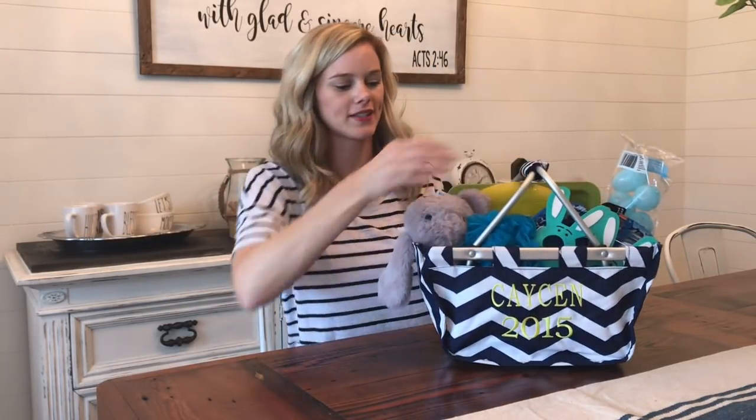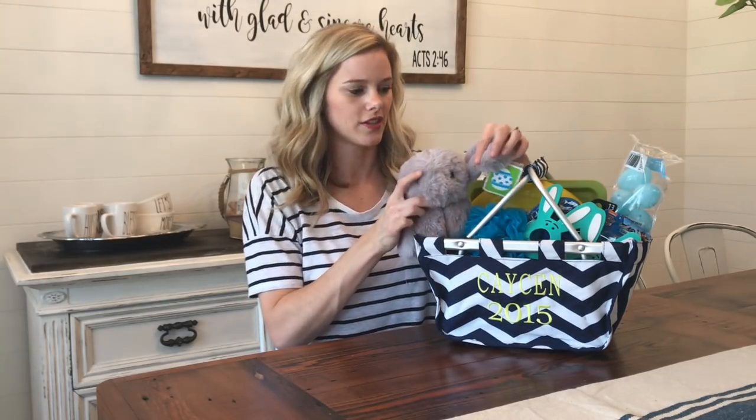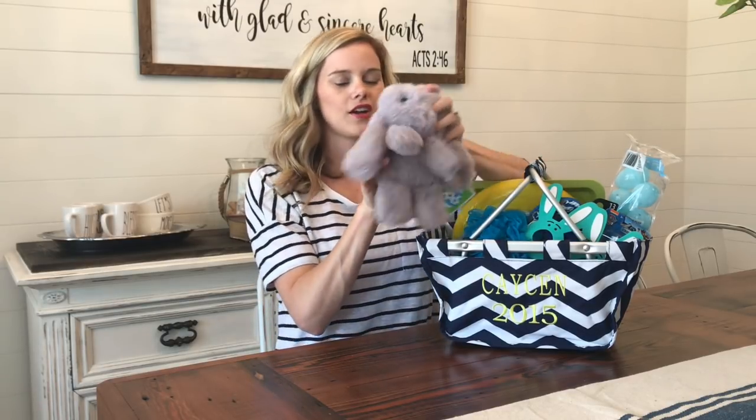Alright, now I'm going to show you Kaysen's basket. And so see here, his has 2015 on it, but I was like, whatever. It's a great basket, and it's not something that they're gonna use all the time, but I do like it because we store them up in their closets and we actually keep stuff inside of their baskets when we're not using them year round. All right, so the first thing I got was his little gray bunny, and it's just